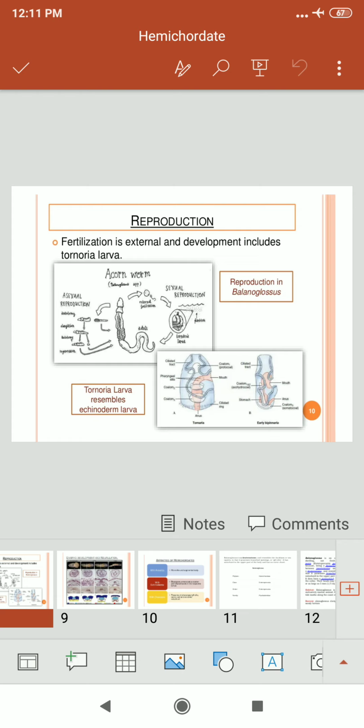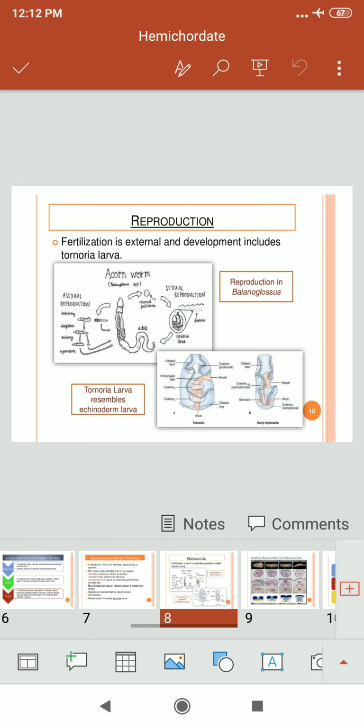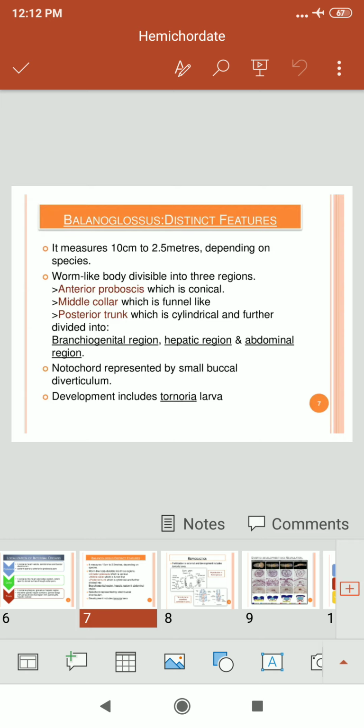See, this is the continued lecture on Hemichordata. We have seen the external morphological characters of the subphylum Hemichordata in the phylum Chordata, and an example of this is Balanoglossus. It measures about 10 centimeters to 2.5 meters depending upon the species. The worm-like body is divisible into three regions: the anterior proboscis, which is conical, the middle collar, which is funnel-like, and the posterior trunk, which is cylindrical, and